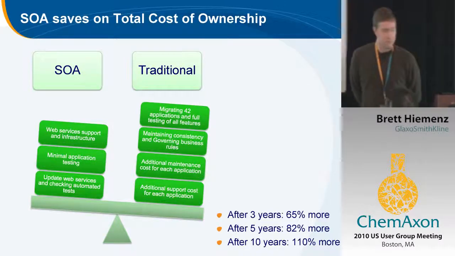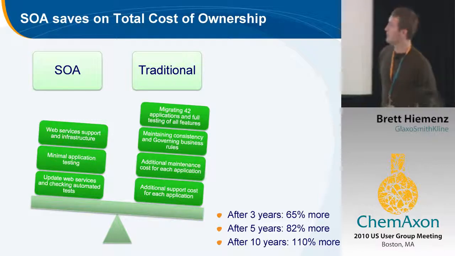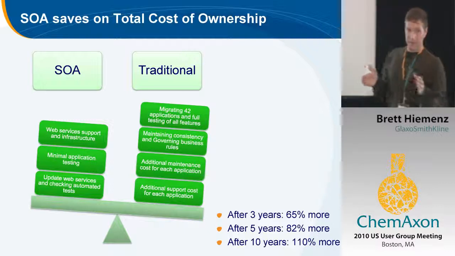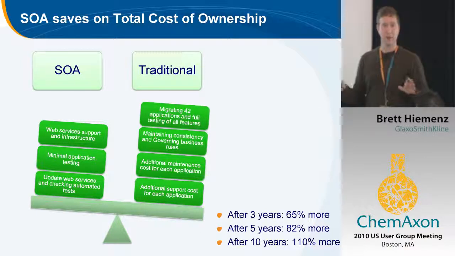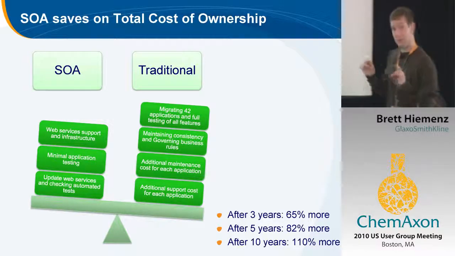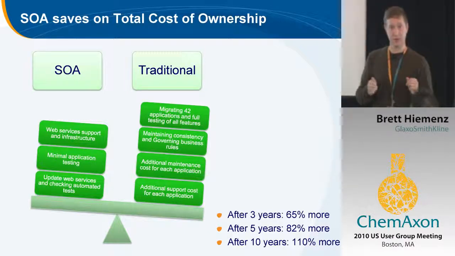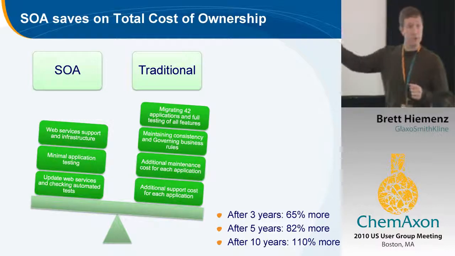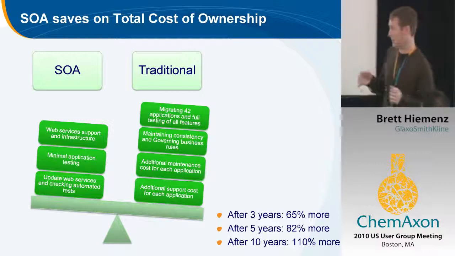And finally, we looked at the total cost of ownership here. How much does this cost over time? Now, we analyzed taking 42 applications and migrating them to the ChemAxon toolkit. Just each one of these applications. And we thought, okay, let's compare that against if these applications were using a service-oriented architecture, how much would that cost to migrate those over to ChemAxon? And what you see is we had one place to support, one place to modify the business rules, one place to test by having them in the services, and